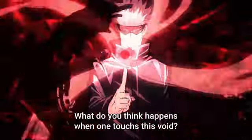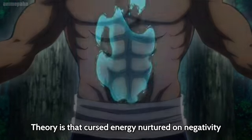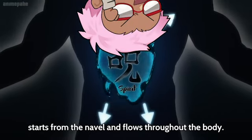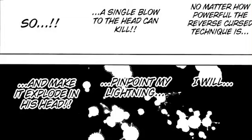Once we realize where it comes from, it starts making more sense. Curse energy is theorized, in verse, to come from the stomach or gut and flow out to the rest of the body. Even though Todo does clarify that this way of thinking does delay the curse energy flow, it's a good place to start. On the other hand, more complicated abilities like reverse curse technique and a person's curse technique comes